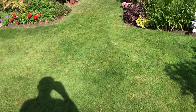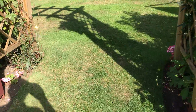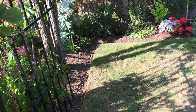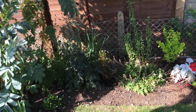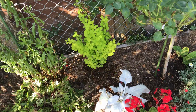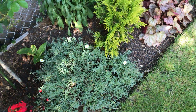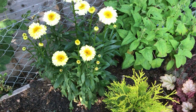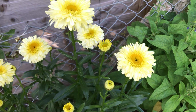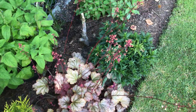The rest of the garden's starting to develop as well, and this is the side border, which is quite new. It's only been here 2 years. That's a lovely yellow berberis, very pretty and attractive. I said I had several leucanthemums. This is the third one I've got. This is a beautiful yellow that's coming out at the moment, and they just are great value for what they are. Another golden conifer,